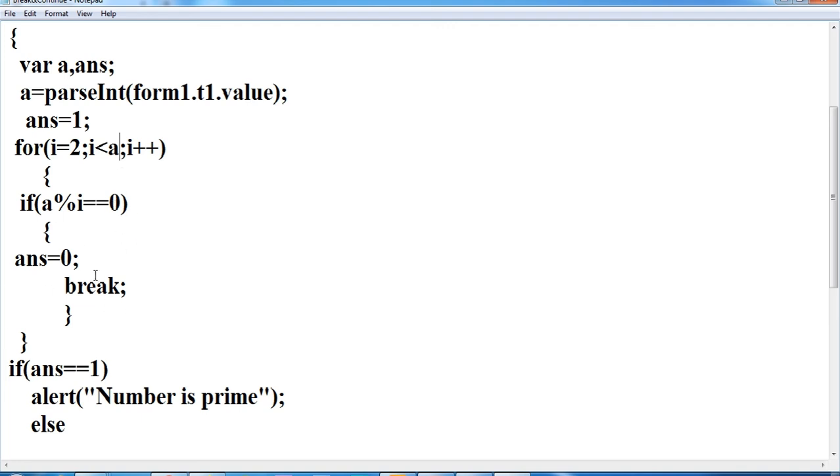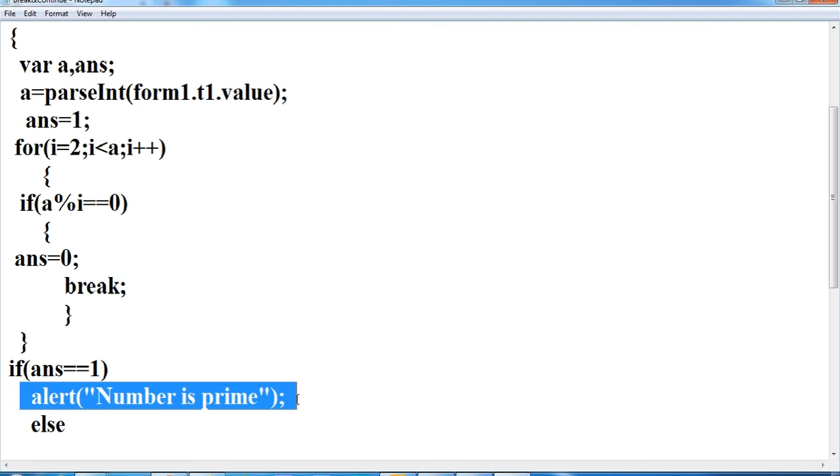That's why, after the loop is completed, my value of answer is 1. When I increment i, i is equal to 3, which means the condition is false, so it comes out of the loop, and my answer is still 1. That's why it is a prime number.